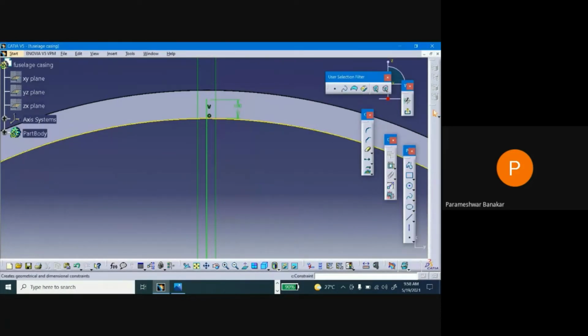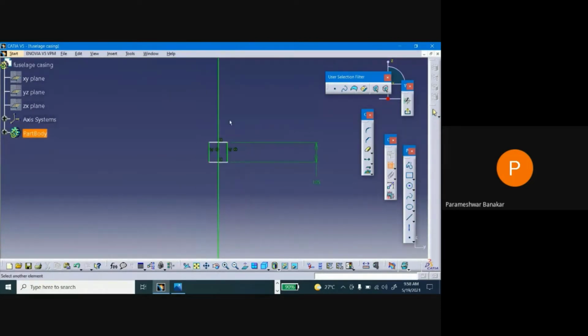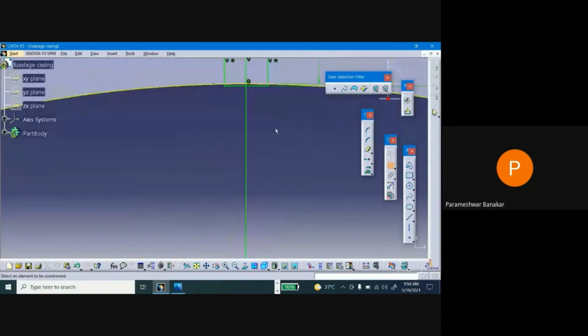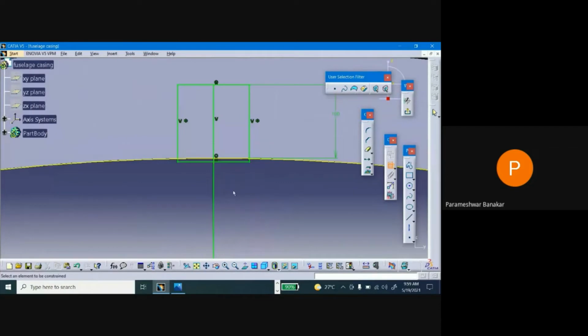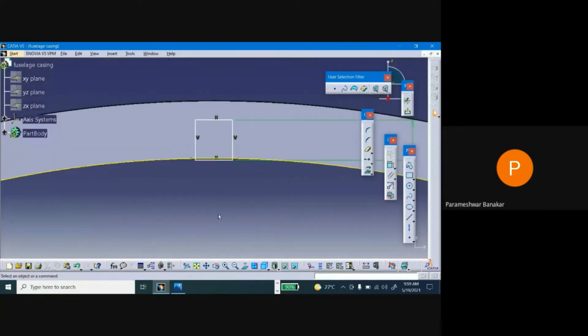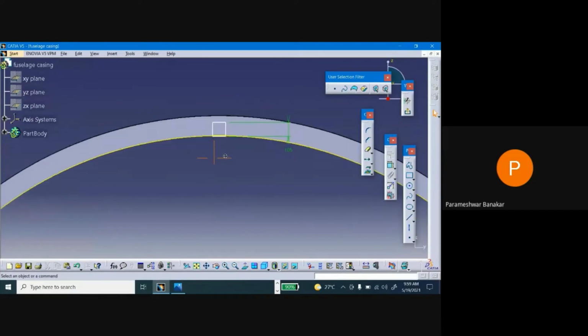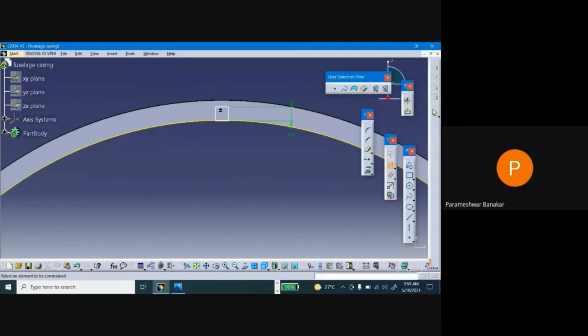Okay, so now go to constraint, select this tip of the line and this rectangle side, right button, coincidence. You can see here it is done. So now what we can do, select this line, delete it, select this line, delete that. So we have created the one square. Okay, if you want, you can check this. This will be your 100 mm. It is there already. You can see this. So now remove this as well.